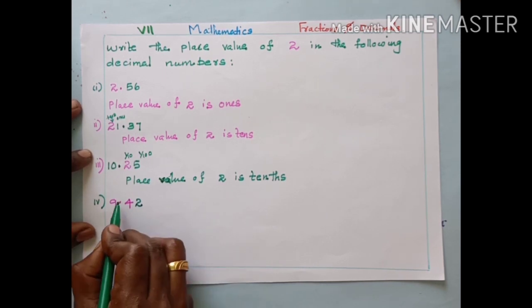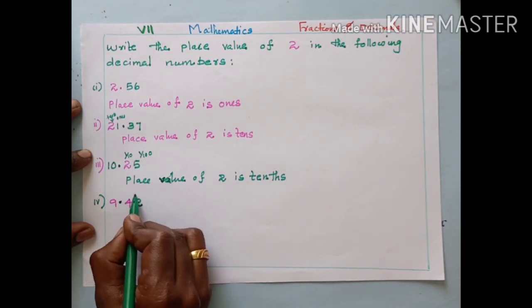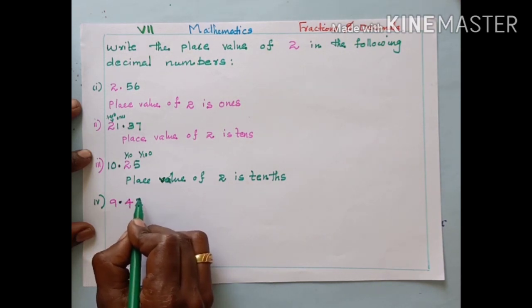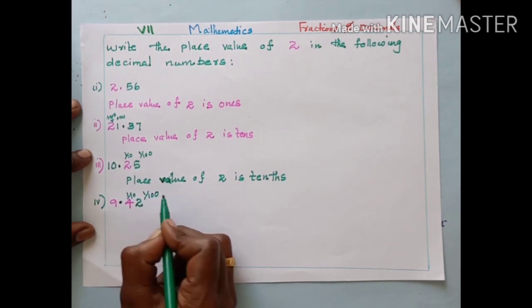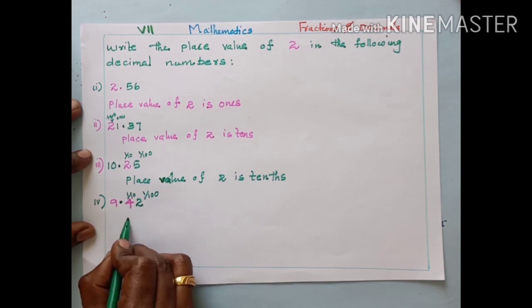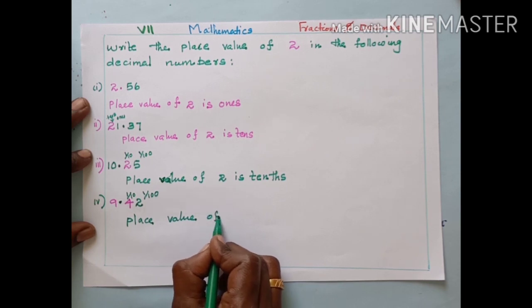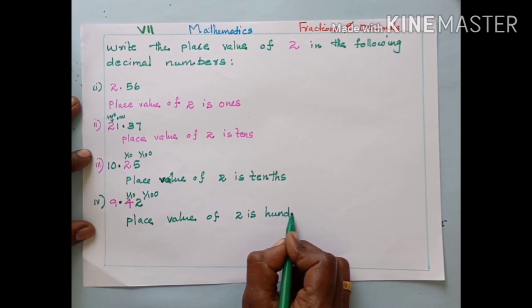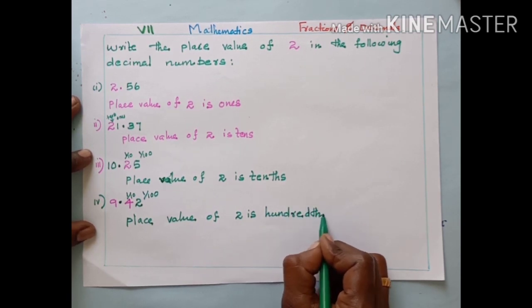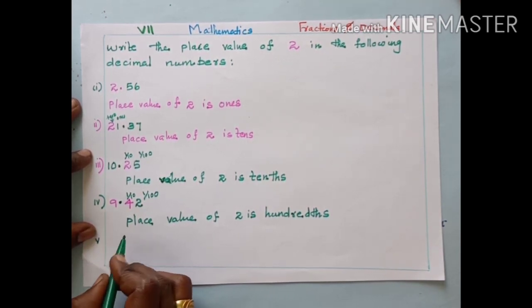9.42. See, same as here, after the decimal point, decimal part 42. So, the place value of 2 is, this is in tenths place, this is in hundredths place. So, place value of 2 is hundredths place, H-U-N-D-R-E-D-T-H-S, hundredths place. Then fifth question,